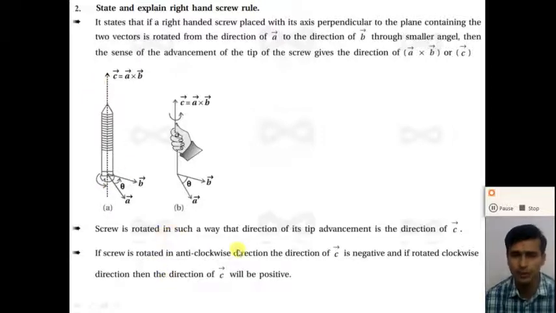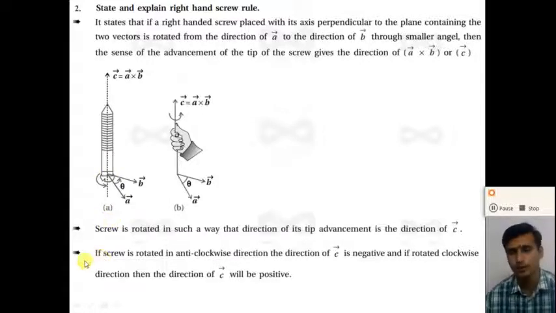If the screw is rotated anti-clockwise, the direction of C is negative, and if rotated clockwise, the direction of C will be positive. So understand here student, if we rotate the screw as shown in this figure, if you rotate a screw anti-clockwise, it moves in the upward direction, right? That is the direction of the positive C. But if you rotate the screw clockwise, it moves in the downward direction,